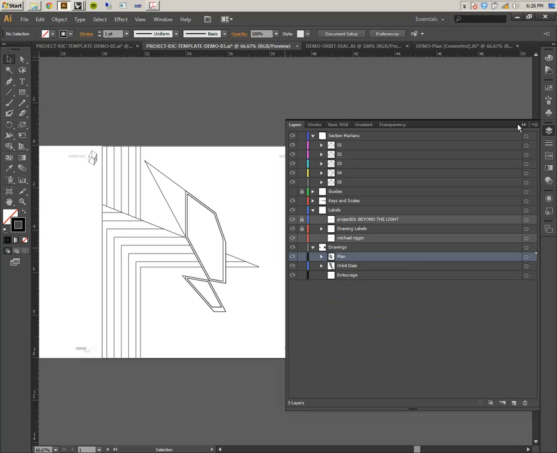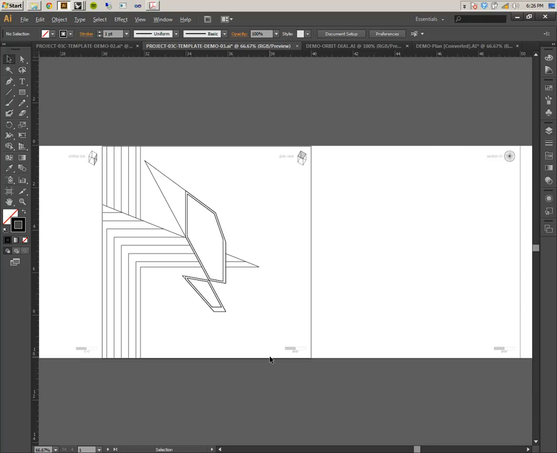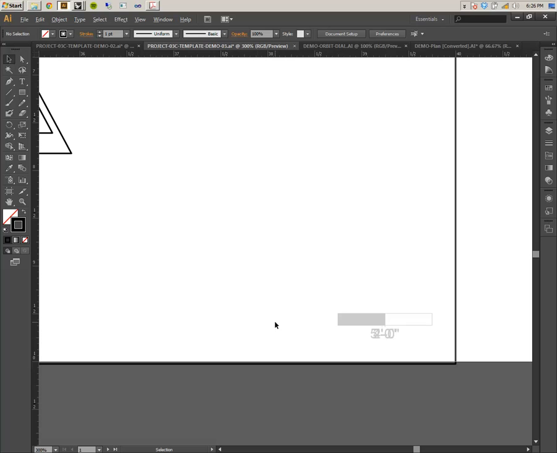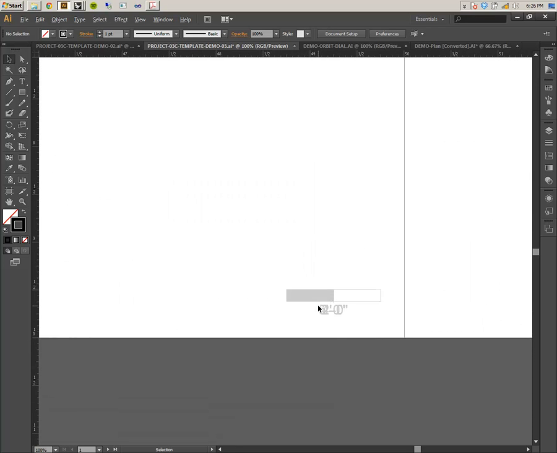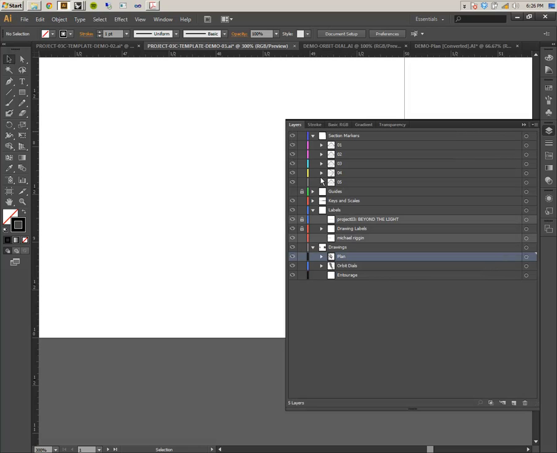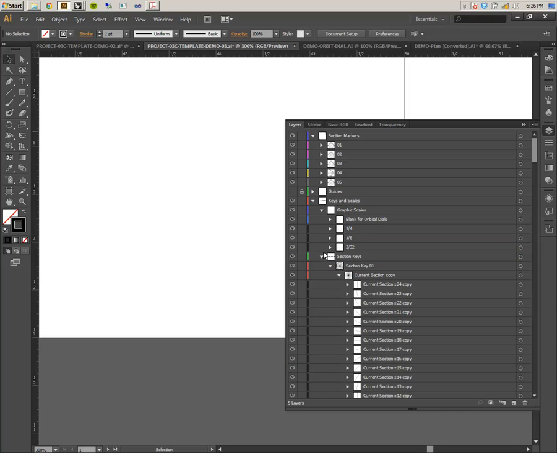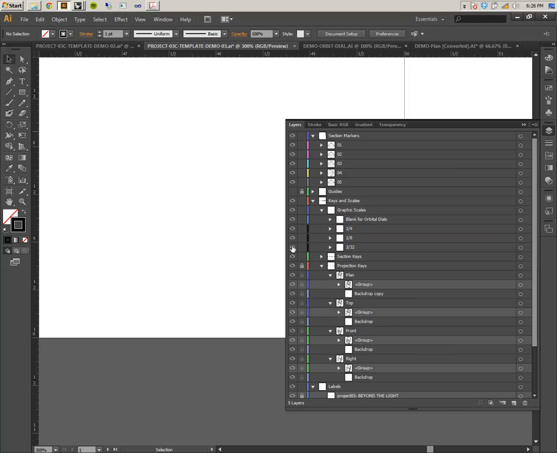When you look at your plan view, it looks like a mess right now. And your section views down here in your graphic scales, that's because right now they're all turned on. Those are already done. You go in, you go to keys and scales under graphic scales, and you turn off the 2 layers that aren't your drawing layers. So